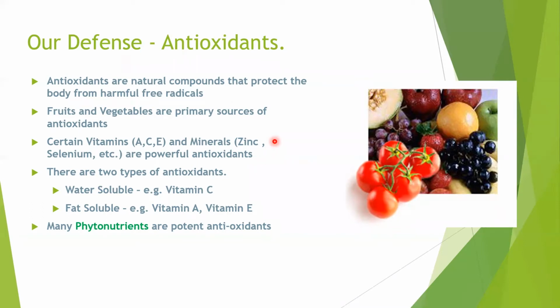But when we talk about optimum health, our need for vitamins and minerals is much more than what is RDA. And then and only then will these vitamins and minerals act as antioxidants. These free radicals are of two kinds, because our cell has a water part and a fat part. Similarly, free radicals are water soluble and fat soluble.